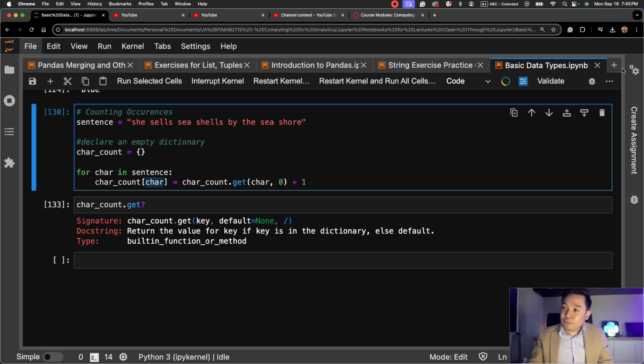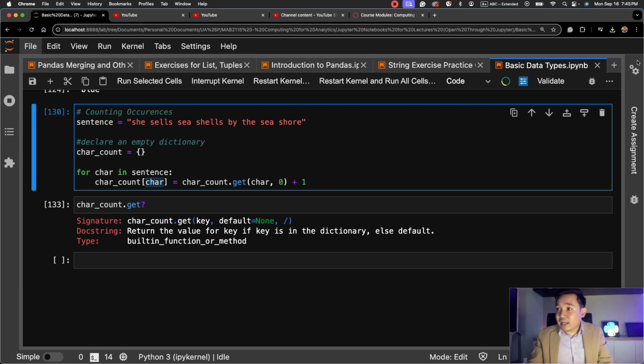Now let's move to letter H. Once H is being processed, it will try to look at whether H as a key is now present in the char count dictionary. Because it isn't, then this whole thing again will evaluate to 0, and we will add a +1. Therefore, a new key will be created, which is the letter H. And it will repeat its process until we